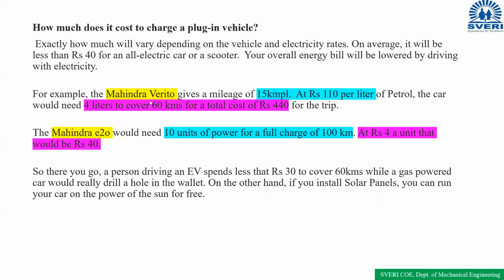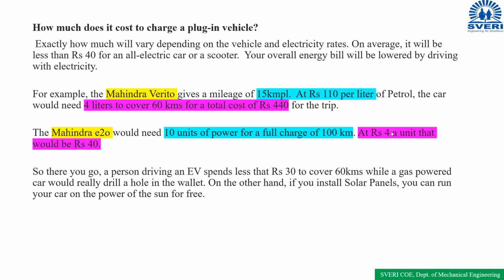But this is the case of the fuel vehicle. Now compare the same company's Mahindra e2o. This is the electric car. It would need 10 units for a full charge. Once fully charged, it needs 10 units of power consumption for 100 kilometers. Once the Mahindra e2o is fully charged, we can travel 100 kilometers. So how much is the power consumption? 10 units. If the rate is 4 rupees per unit,